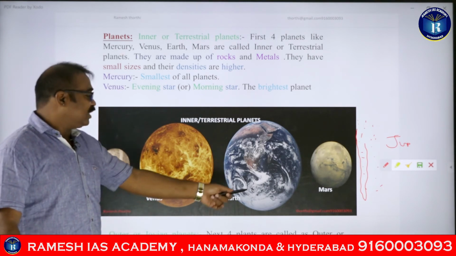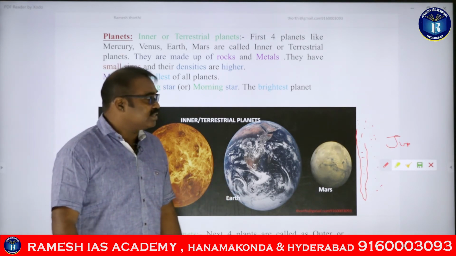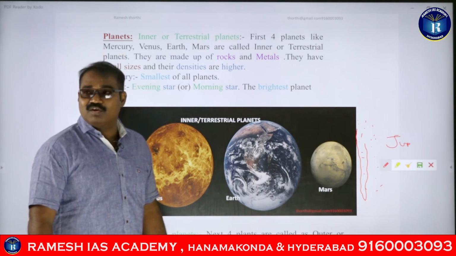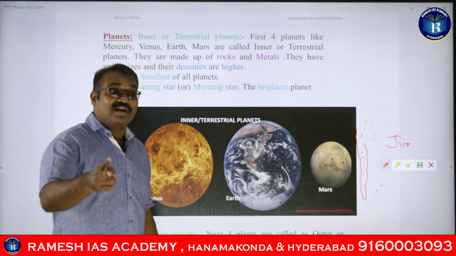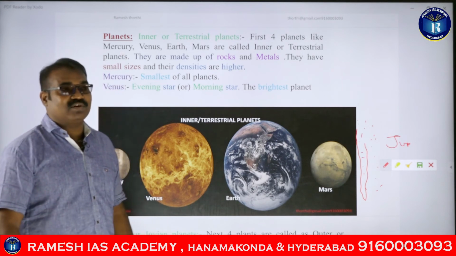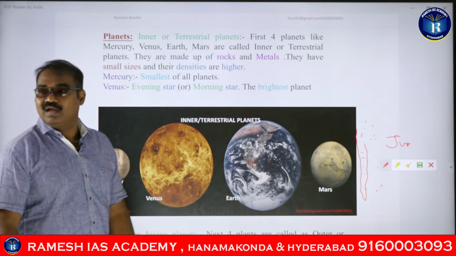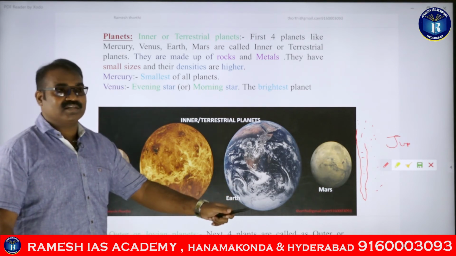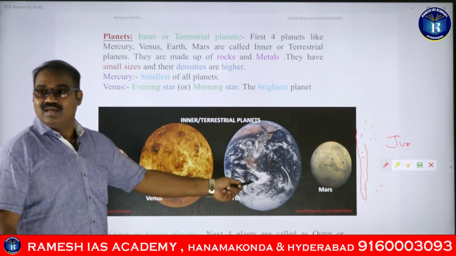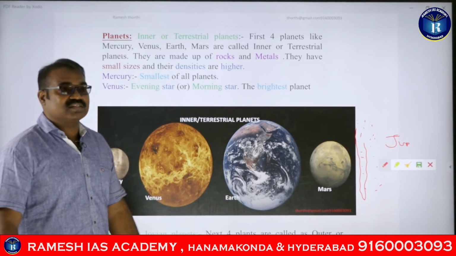Right? So previously the Earth was called the blue planet, guys. But now it is called a green planet, because there are two more blue planets which have been discovered or identified so far. Uranus and Neptune are also blue planets, guys, blue and green planets. So this is the green planet with life, guys.